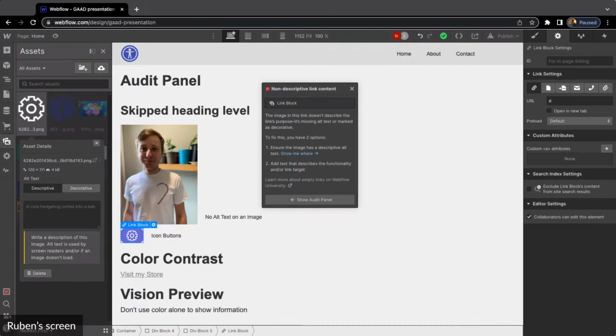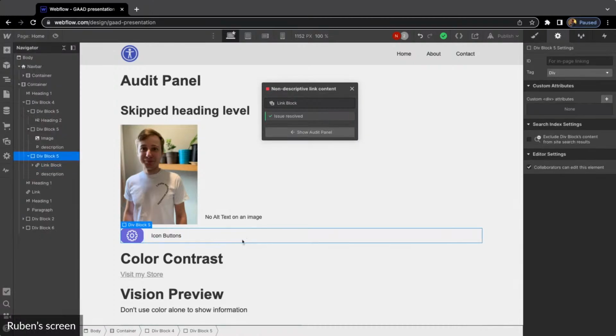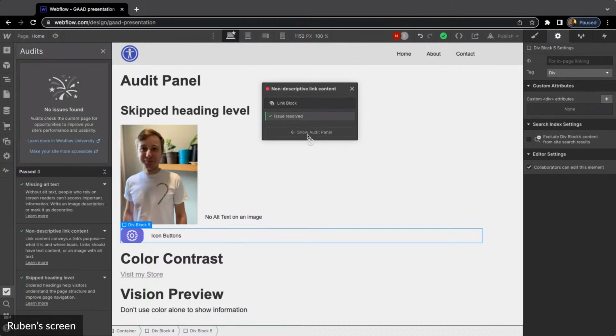As we look at it visually, we can guess that this probably takes you to the settings. But because it has no accessible name, somebody who's using a screen reader doesn't know. It's just going to say button. It's not going to have any name. So here, we actually just want to say settings. And once again, Webflow University will talk a lot more about alt text and how it is very context dependent. Because this is a much shorter alt text than our previous one. So I really suggest that you go and look at that content.